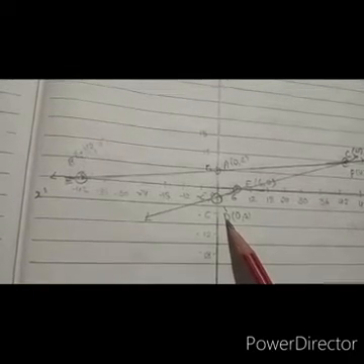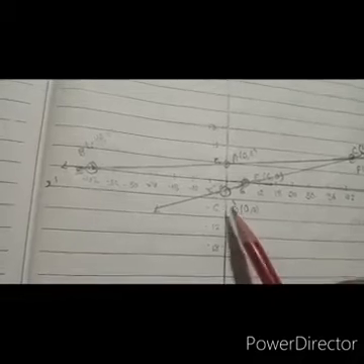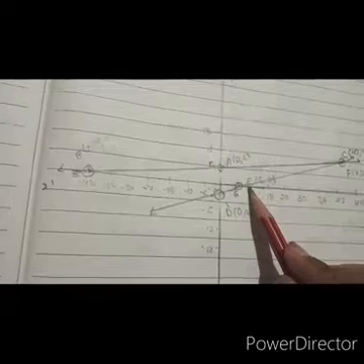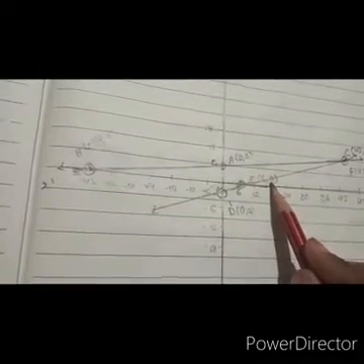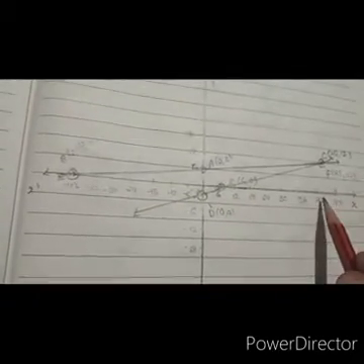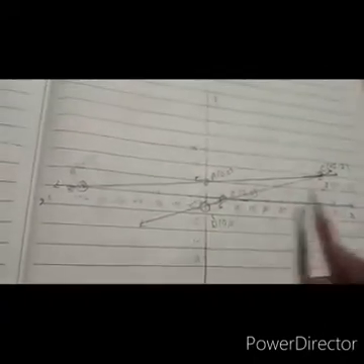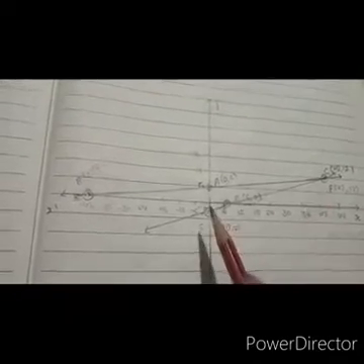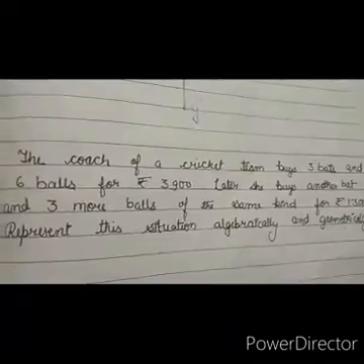point D, the coordinates of point D are 0, -2. So here x is 0, so it will be on the y-axis, 0, -2. Point E, the coordinates are 6 and 0. Here the value of y is 0, so it will be on the x-axis, and point F is 42 and 12. So this is the graph of the given situation, and here we got intersecting lines.